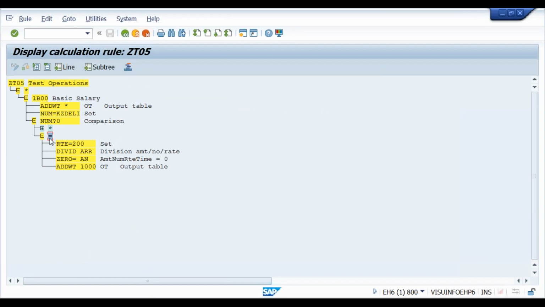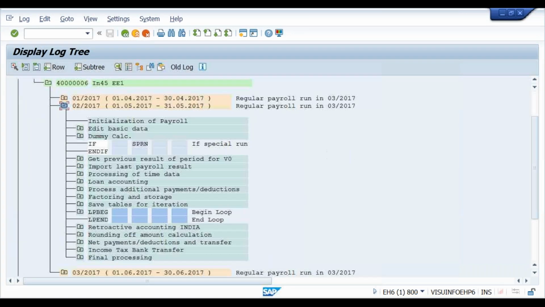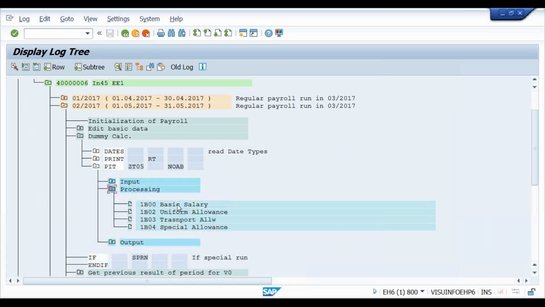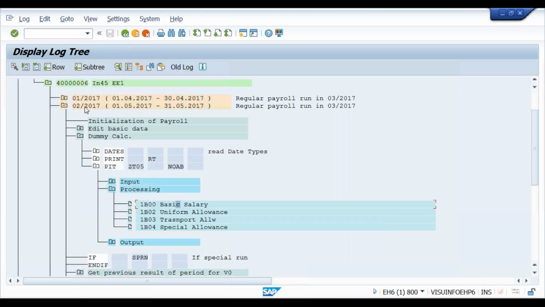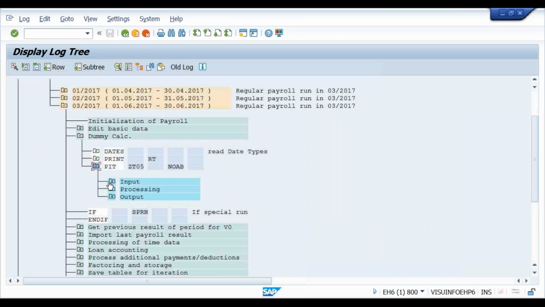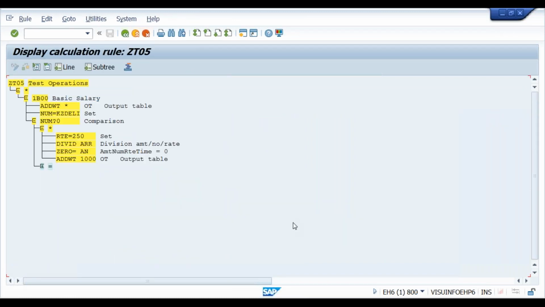See, it is going to 0, right? Because the constant is 0 in the month of April. Again in May month. Again it is 0. In the June month, it is going to star.